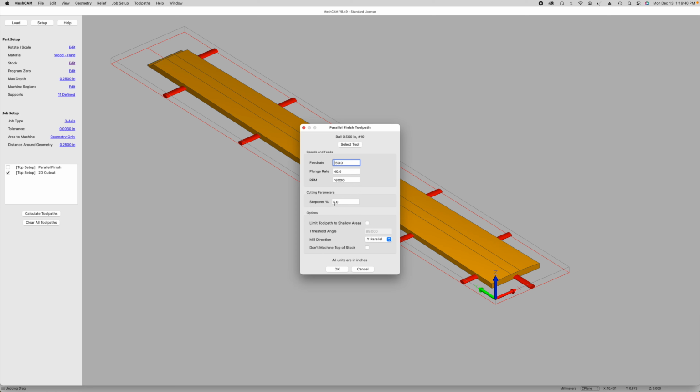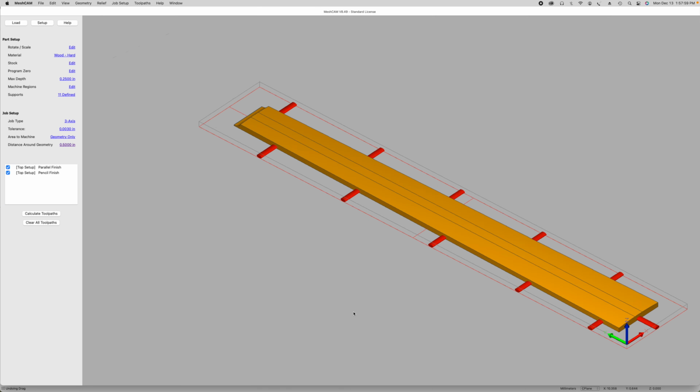The step over is 6%, and it's going to be carving along the y-axis parallel. And what that means is the spindle and the tool, the bit, are going to move along the length of the fretboard, back and forth. Each pass is parallel to the previous pass. And the step over will be 6%. So 6% of whatever half an inch is. I'm not sure what that would be offhand, but that's how far the bit moves over with each pass. And the end result is a very, very smooth surface. So all I need to do is carve that